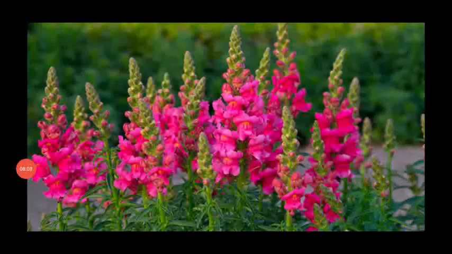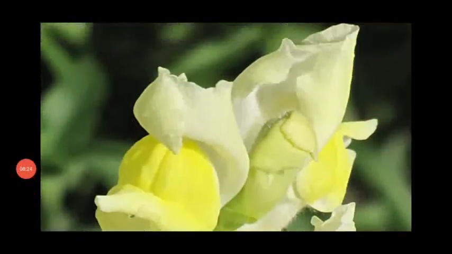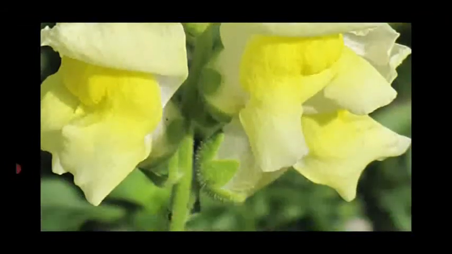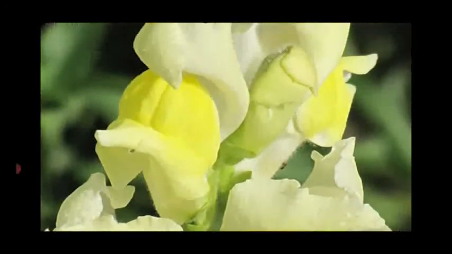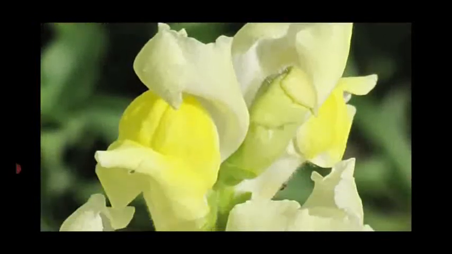Dear students, this is the Antirrhinum species, which produces a green color plant, that is, a green plant with chlorophyll pigment, having the alleles capital C and capital C. Dear students, this is the intermediate color, that is yellow green or pale green or golden color, or aurea, which contains the genotype capital C and small c.